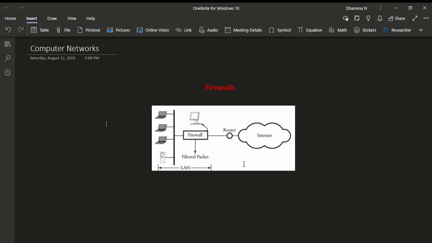So if the firewall is designed in such a way that each IP address or host which the organization needs to be particularly inaccessible for the employees, they can block these IP addresses so that the firewall can discard all packets coming from that IP address or host.